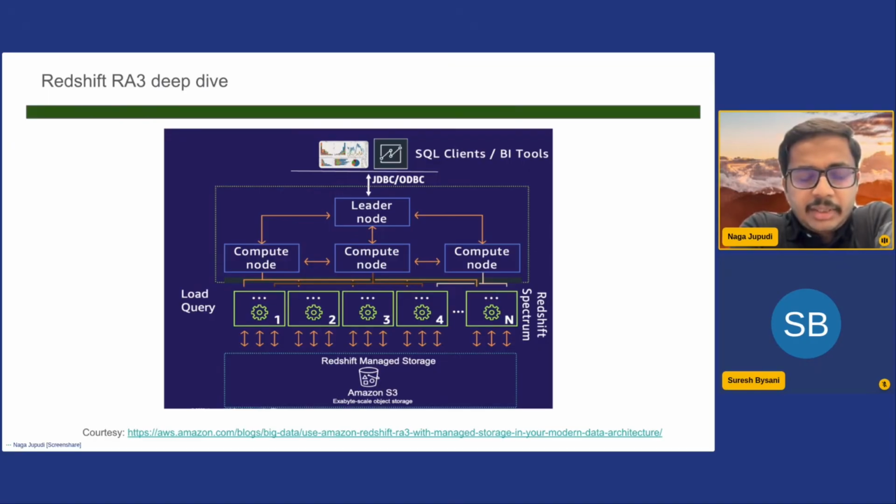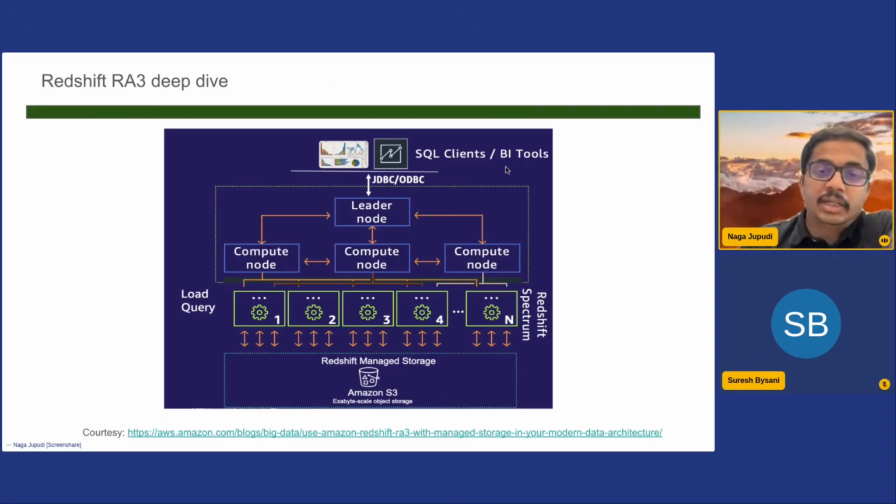They started with this RA3 architecture, which is with the storage and compute separation, where the data is all stored in Redshift managed storage, which is backed by S3, and all the compute nodes are stateless. And there is a single leader node, which is fronting all the queries coming in from the SQL clients.